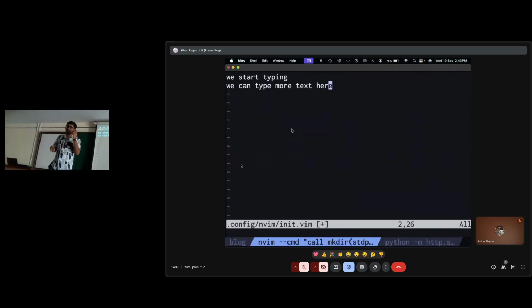What would have taken in VS Code, like you have to do Alt arrow, or if you want to move to the start of the line, you do Control Shift right arrow. It's just one character, right? So these are called motions, and motions enable us to move throughout the buffer. Does that make sense? Cool, thank you. And so now let's talk about actions.